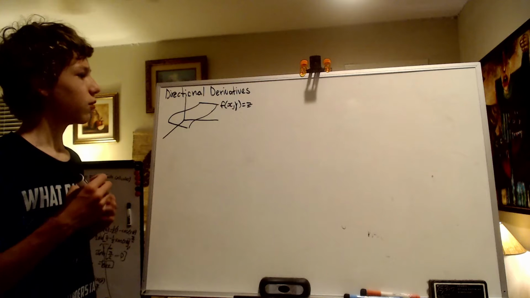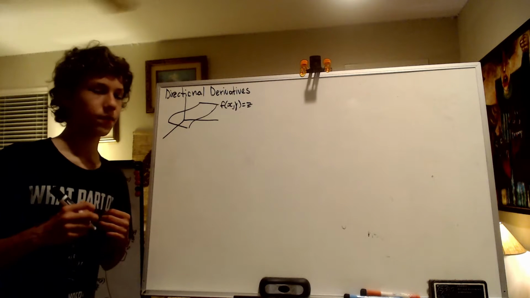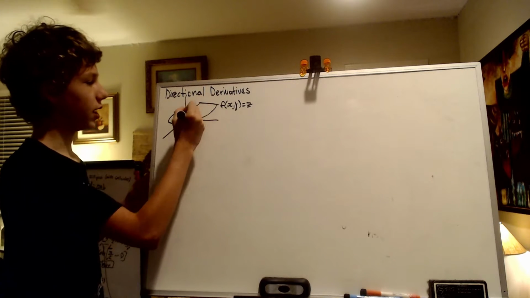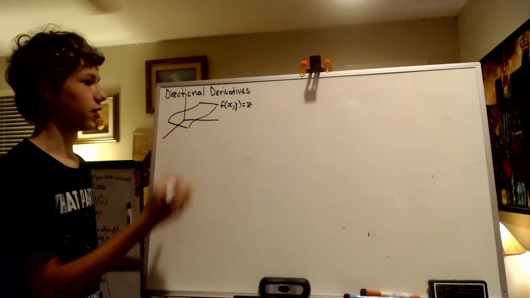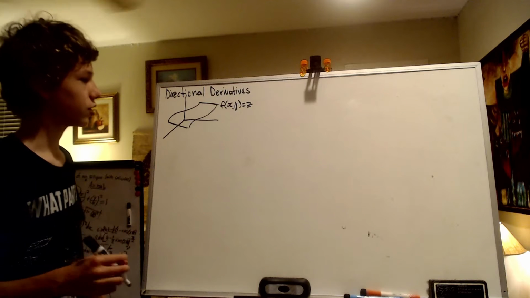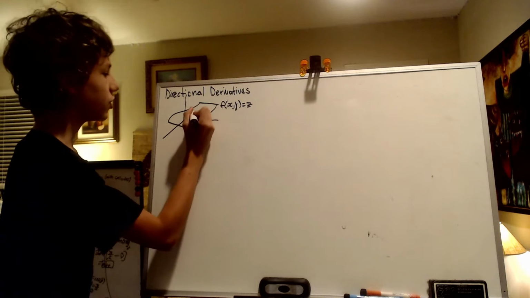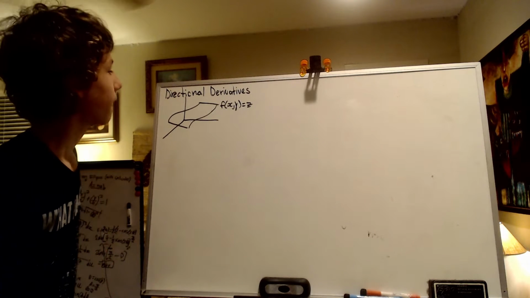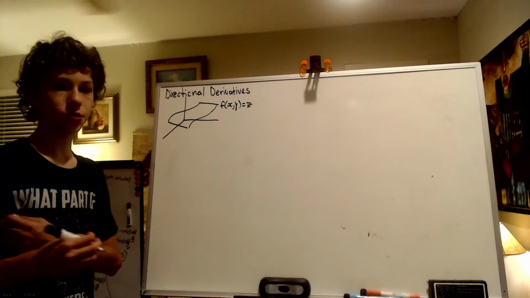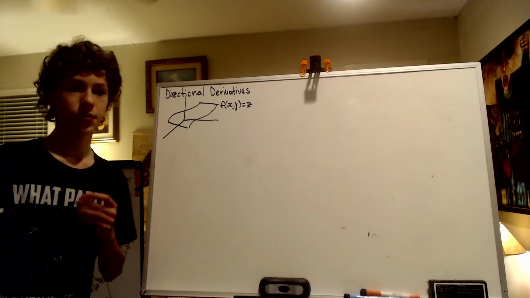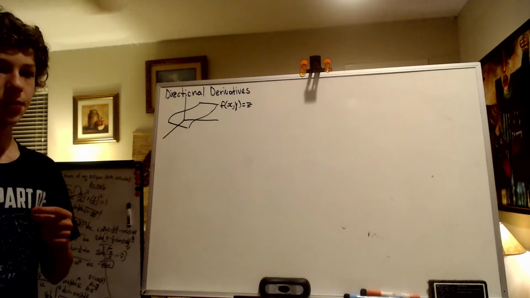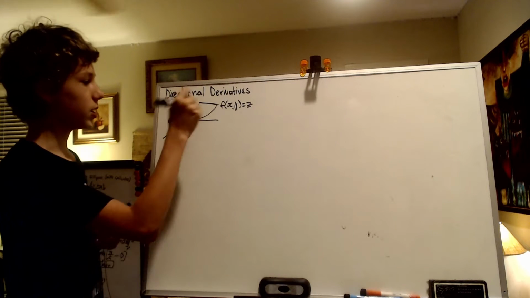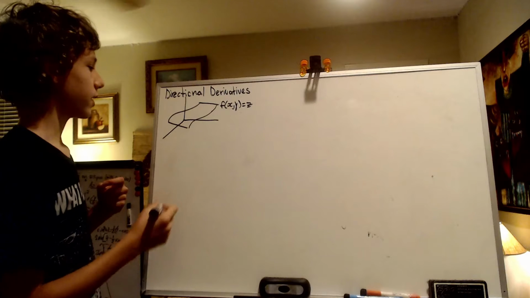Basically, what directional derivatives are, in words, is just how some function, for example this arbitrary function you can see here, changes in any direction. As we saw with partial derivatives, with respect to x and the other independent variables, those gave us the rate of change whenever we took a plane and sliced it